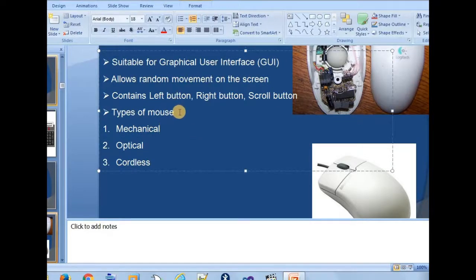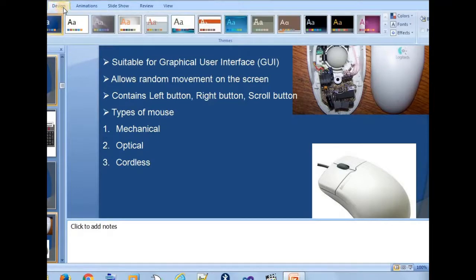Just to give a small example, the advantage of using the mouse is, suppose I want to go to this particular tab. These are called tabs. I can directly click on this, or I can click on this. This is how we can use it with the help of the mouse. With the keyboard we can also do it, but it requires a lot of shortcut buttons. Instead, I can directly select this background style, or I can drag and drop this. So all these I can do.